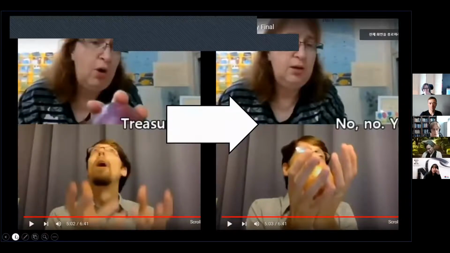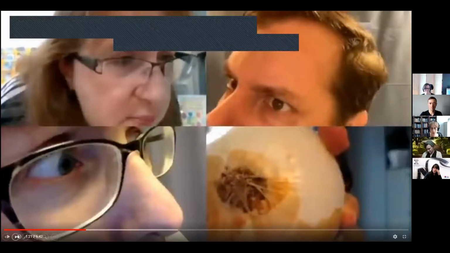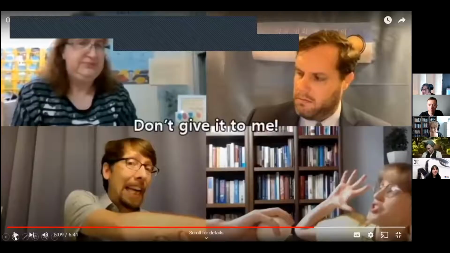And then, to make it visually interesting, we played around with the distance from the camera. You can't do a lot with camera angles when you're on Zoom, but this adds a little bit of variety. So we tried that a few times. It was also handy in this scene because my daughter, who's in middle school, is a much smaller person than Eric, the treasurer. So we moved her arm much closer to the screen so that it would look as thick as Eric's.